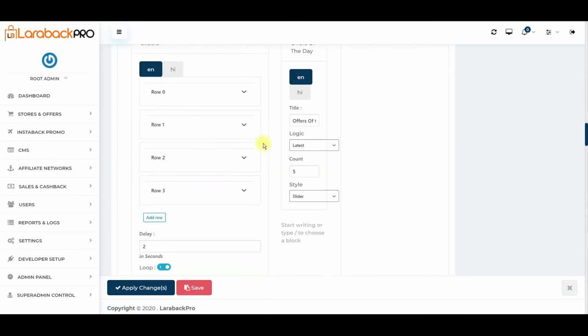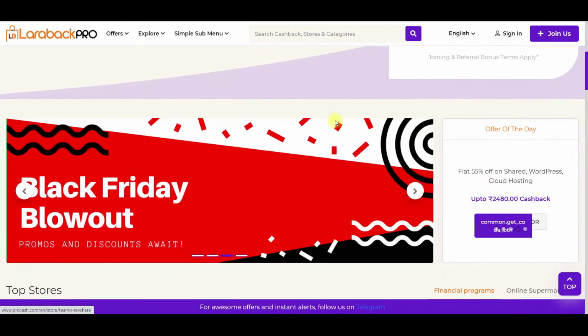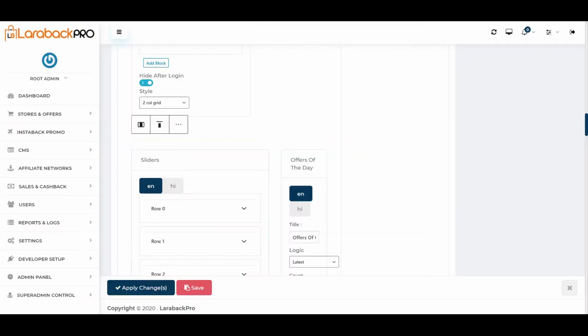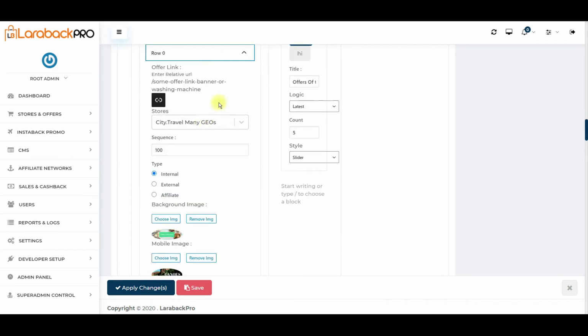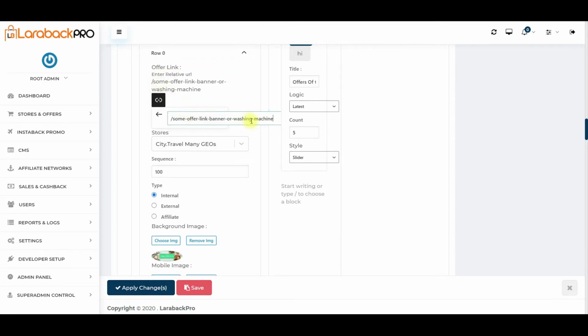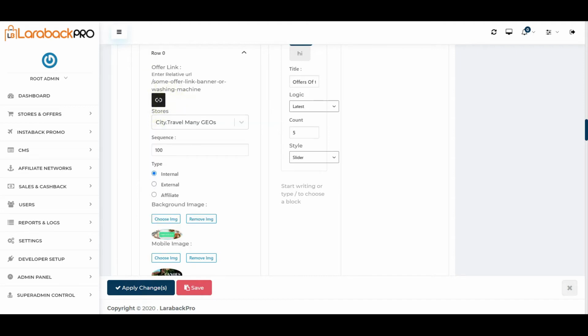Next is the slider section. If you see, this is the slider section that is showing up here. Here also there are several rows. Rows are nothing but the number of slides that are available. The first option is to enter the link. Here you have to enter relative links. Relative links are required if you are going to link a banner to any of your internal pages.